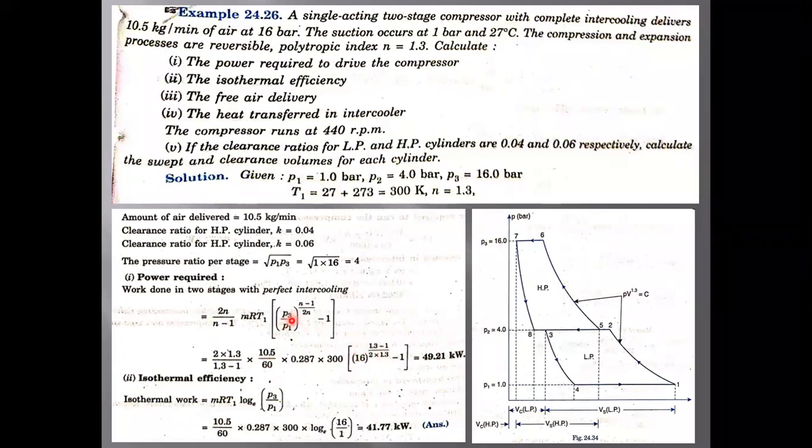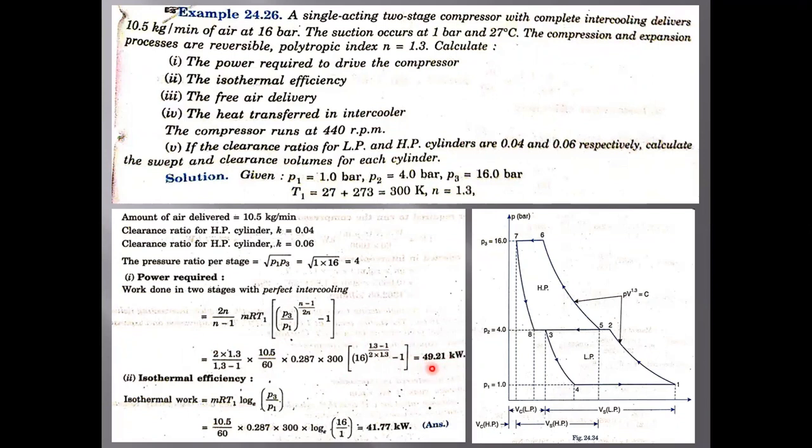Okay, and what is P3? P3 is given, P3 is 16 bar, and P1 is 1 bar, so 16 by 1, nothing but 16, and the exponent n minus 1 by 2n, that is 1.3 minus 1 by 2 into 1.3, nothing but 0.3 by 2.6. If you calculate all these things using the calculator, you will get the power required as